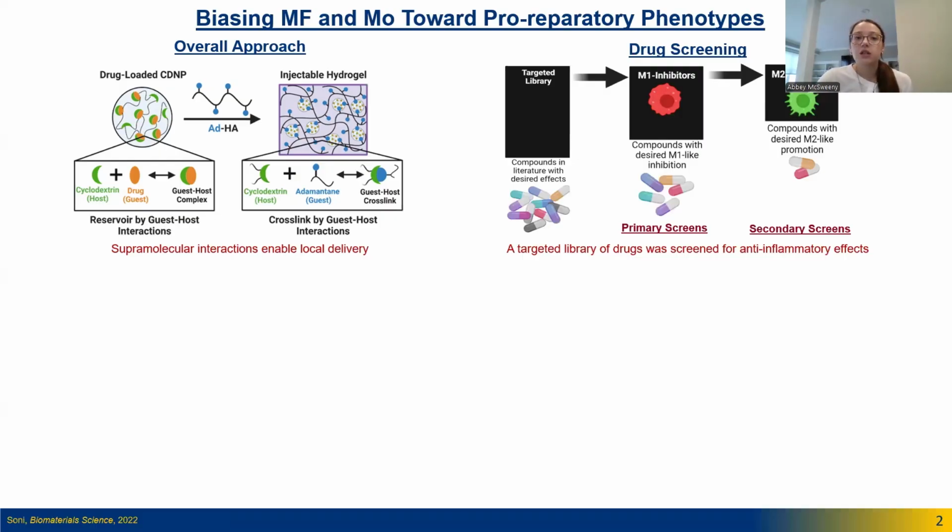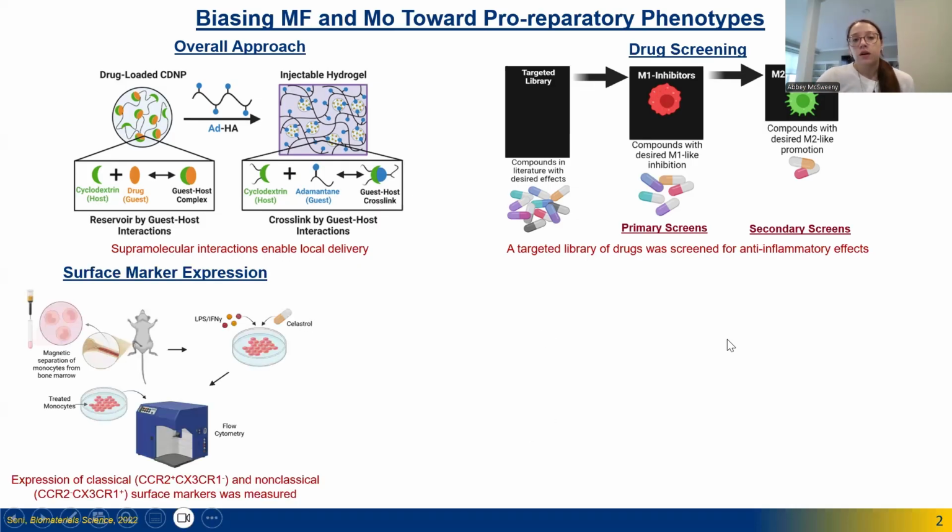A previous PhD student in our lab conducted primary and secondary screens of a variety of small molecule drugs to look for M1 inhibitors and M2 promoters that have anti-inflammatory effects. The drug that was identified as the best candidate was Celastrol, and so what my work has been doing is